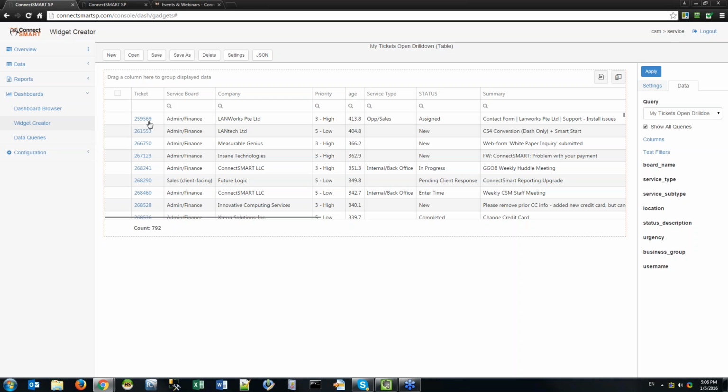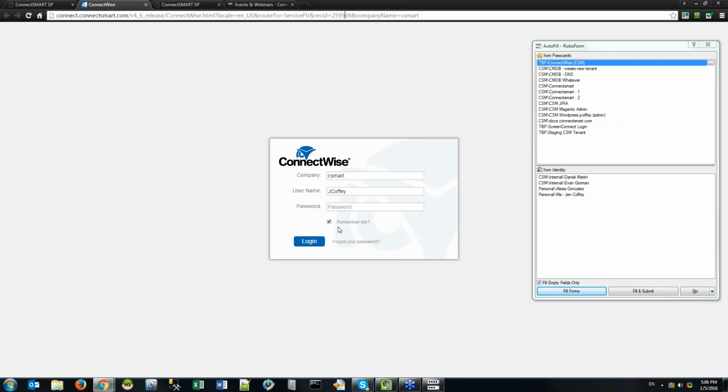And so I can give you an example. I'm going to go to 259, such and such. All right, so see, it's taken me to CSMART. It's taken me to that ticket number. It's going to prompt me to log in. I am not going to do that right now, but that is how that works. So the only thing that we changed from one link to another is that middle piece, the part that references ticket,